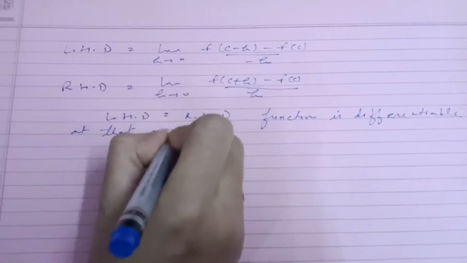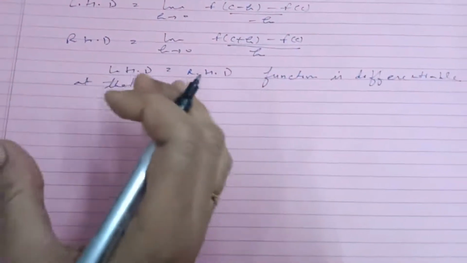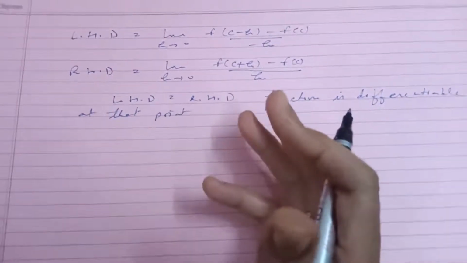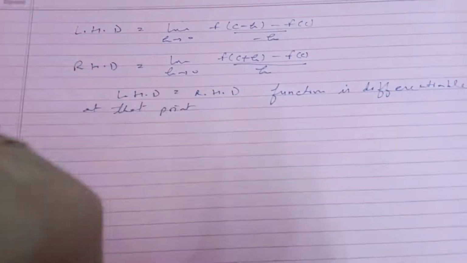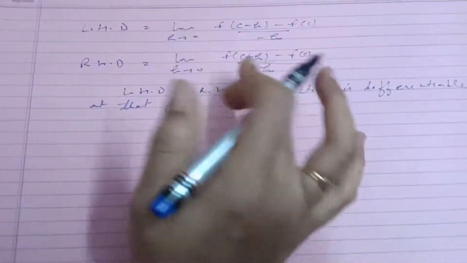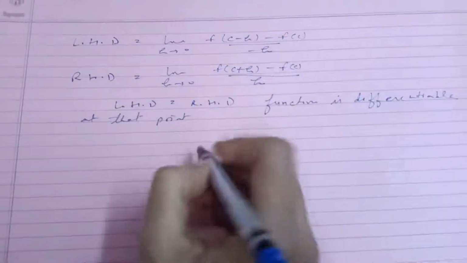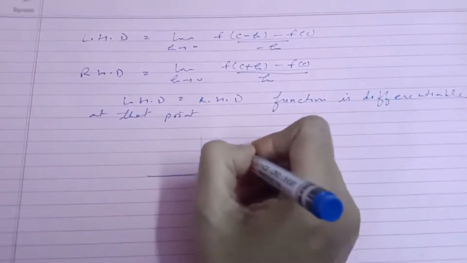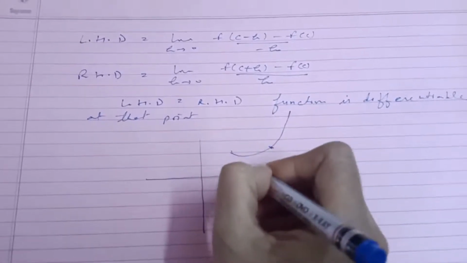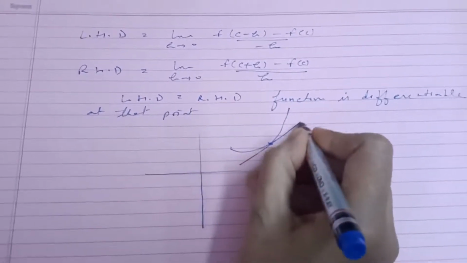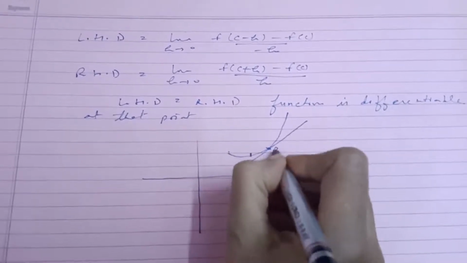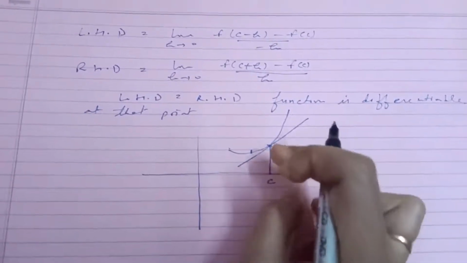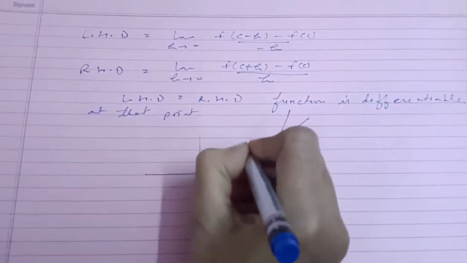Actually, there is also a little geometrical explanation. Like a function is continuous means you are able to draw the graph without lifting your pen, so what does differentiability mean? I will give you the idea. Any function is there, and any point P, and you say this is the tangent. Suppose P is the point with x coordinate c, so its coordinates are c comma f(c). And suppose Q is a point a little to the left, with coordinates c minus h and the function's value at c minus h.